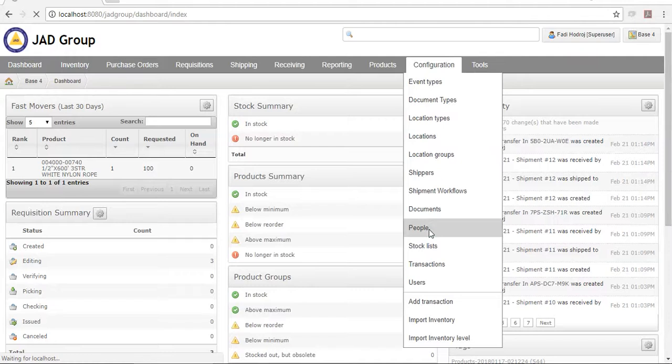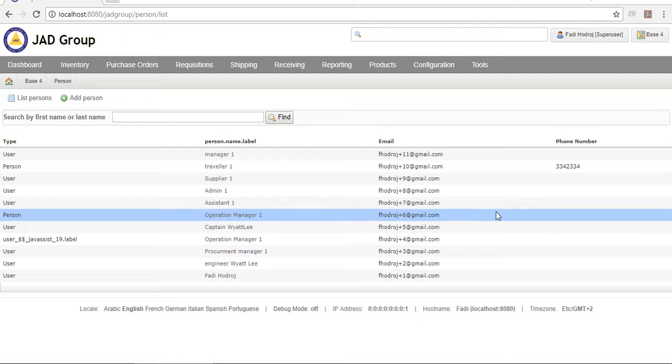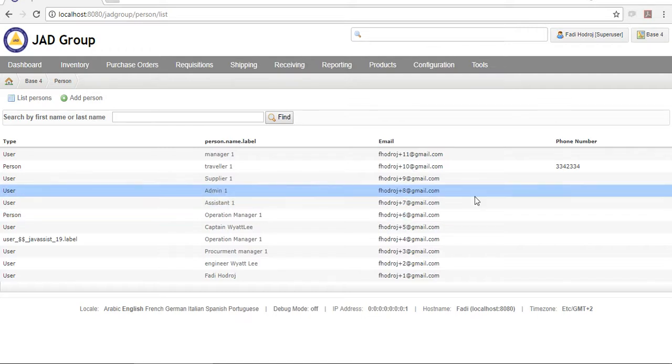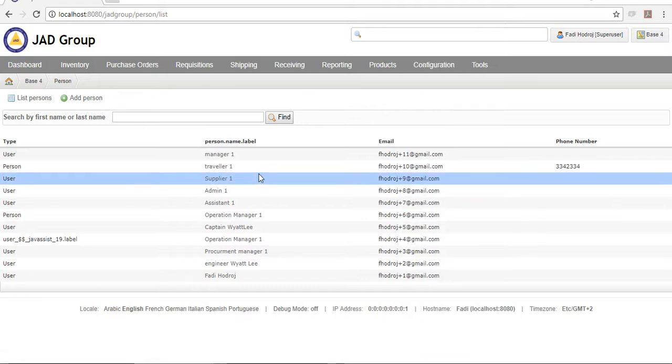Why do we have those two? We can add a person. When you look at the people in general, it shows you the list of the persons that you have. The difference between a person and a user: